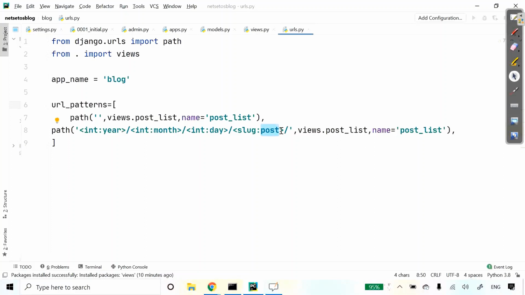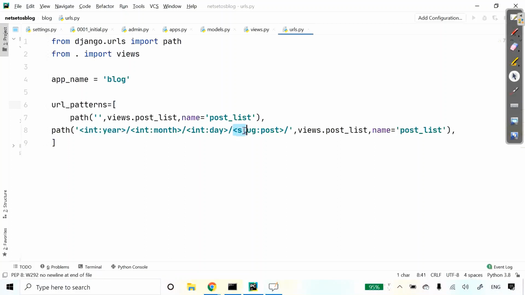Here we'll use angle brackets, as you can see, so as to capture the values from the URL. Any value specified in the URL pattern as a parameter is captured as a string. Here we use path converters such as this form to specifically match and return an integer.